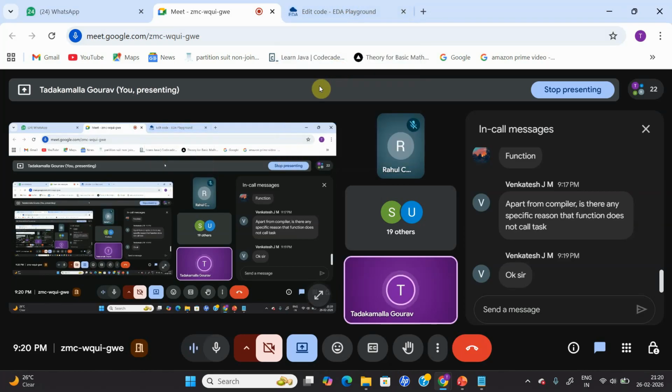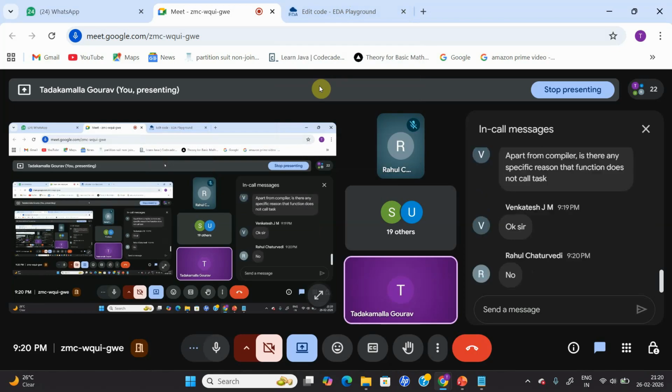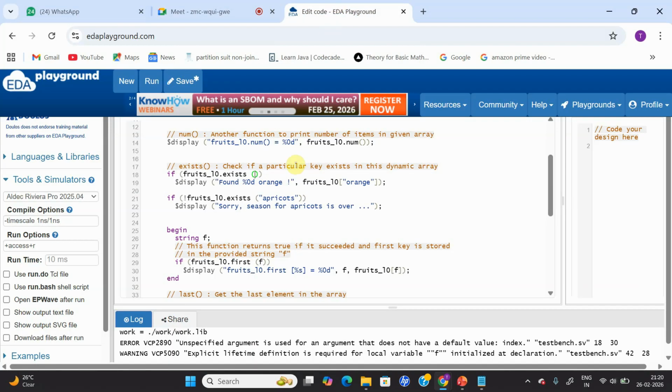Is it possible to call a function without providing any arguments? We can call it, but only if the function has default arguments. If the function already has default arguments, then it's not a problem. Okay. So